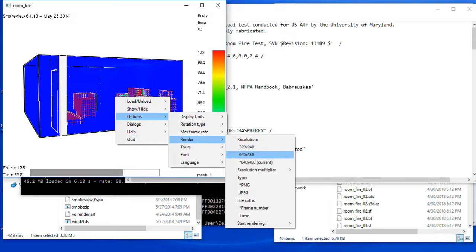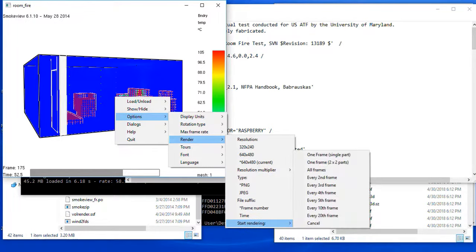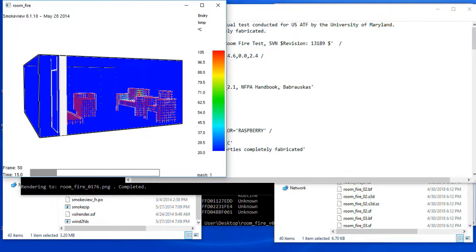I can do all of the frames, I can do a single frame. If you want to do a video, you can have all frames be made and then tie them together into a video. But I might want just a single frame, so if I click on that and